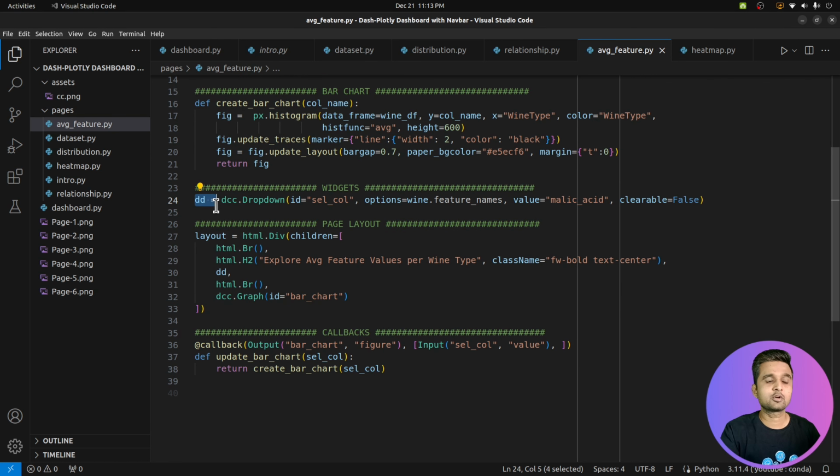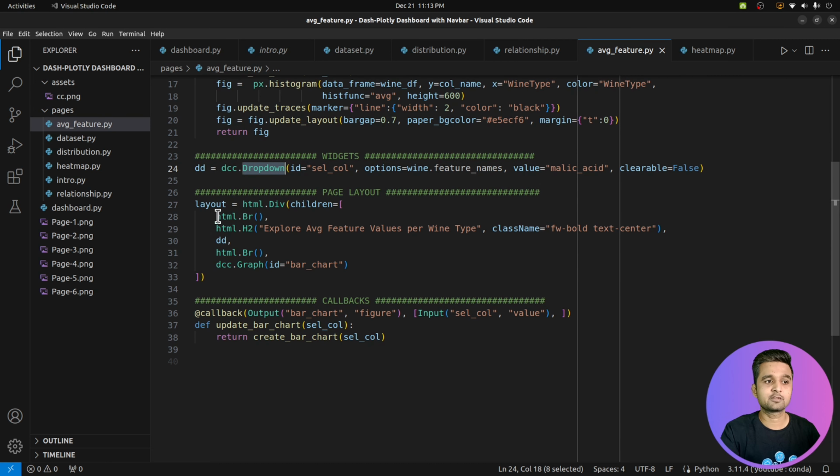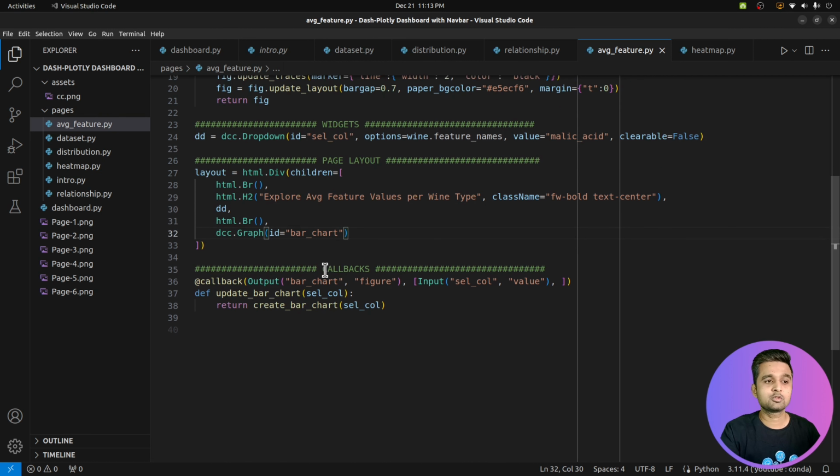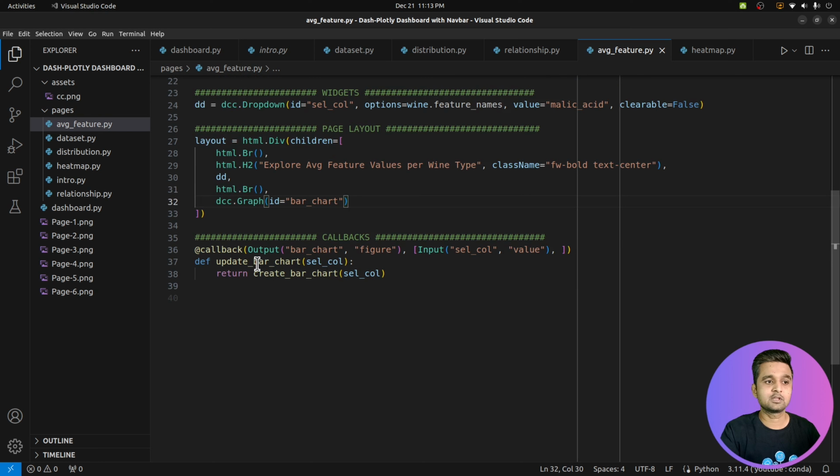In order to create this average bar chart for the selected column, over here I have declared a drop down, so you can select various values from this drop down. Then again I am setting the layout, which is the same as our previous page. There is a main div, then there is a header, then there is a drop down, and after the drop down there is a chart. So how the chart gets updated, the linking between that is over here in this